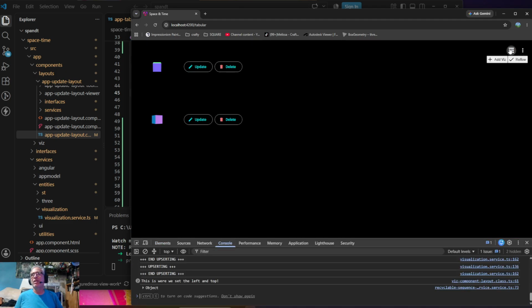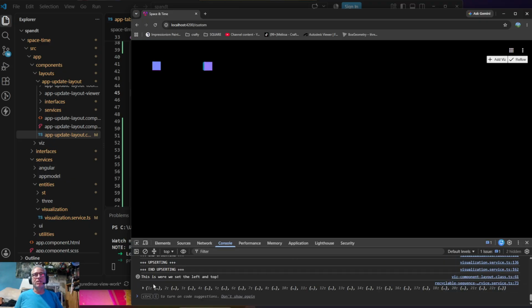So if I go over here now, all the viz objects get destroyed and recreated. And then as this custom visualization layout comes up,